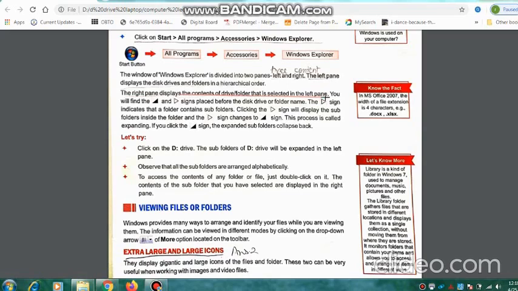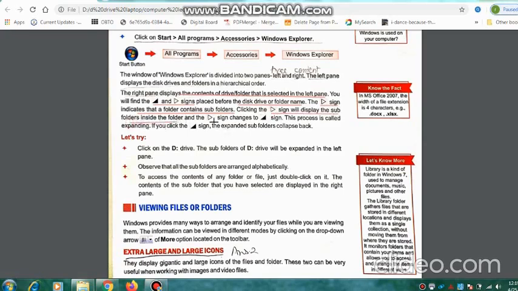Now, you will find these two kinds of symbols placed before the disk drive or the folder name. What do these symbols do? This white sign indicates a folder contains subfolders, and clicking on this sign will display the subfolders inside the folder.